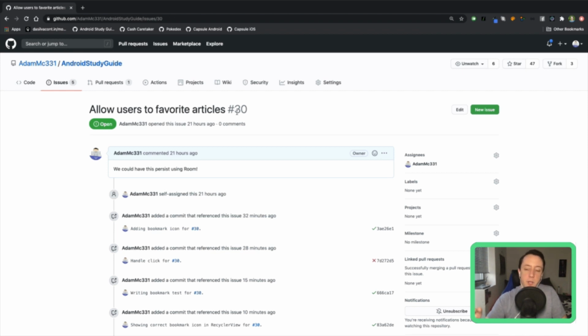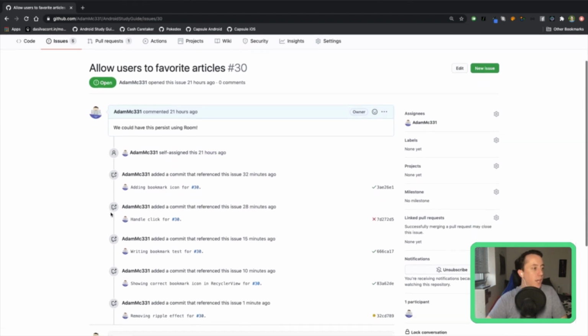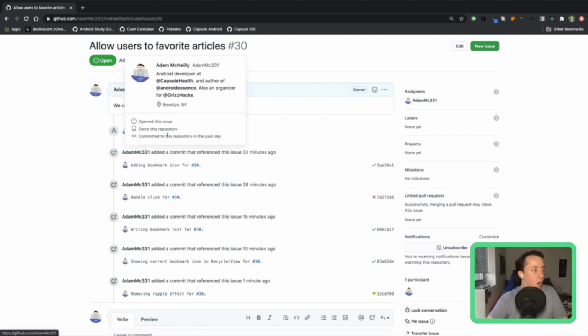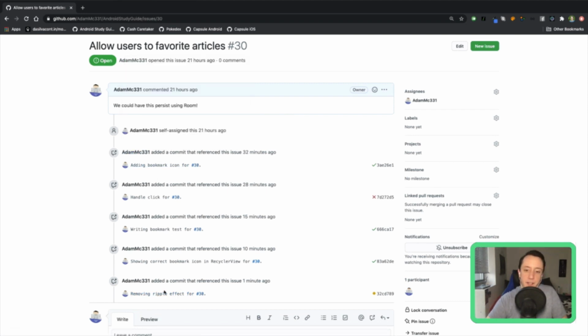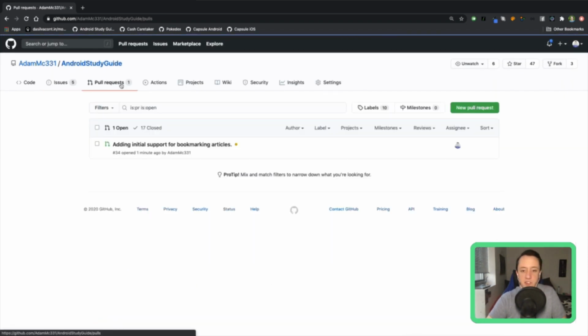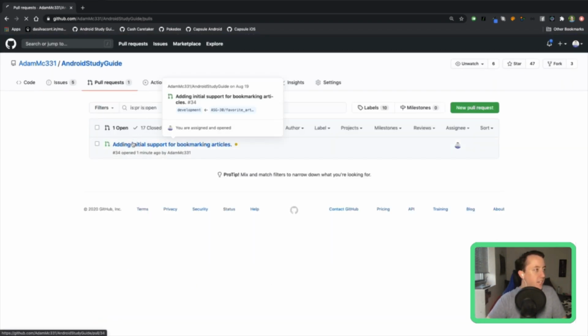That's why I kept putting number 30 in all of my commit messages, because that will connect them to the issue. So I can see here all of the times that one of my commits referenced this issue. That's really helpful for someone to come in, look at this issue, and see what's happening and what the current status is. So that's really nice, something to keep in mind.